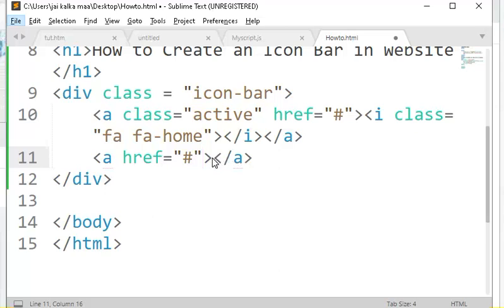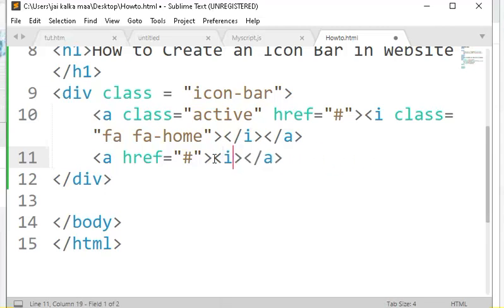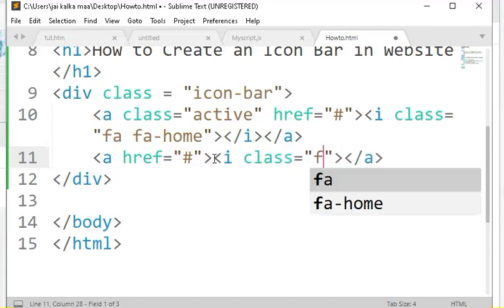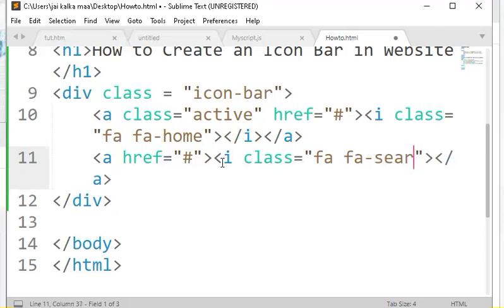And so now we'll define one more thing. Here we'll write i, which stands for item. I'm going to tell you later why we are writing the class for search, because later we're going to link a CSS file from the internet. There is some mention here that if we want to use a far search, we're going to write fa search.